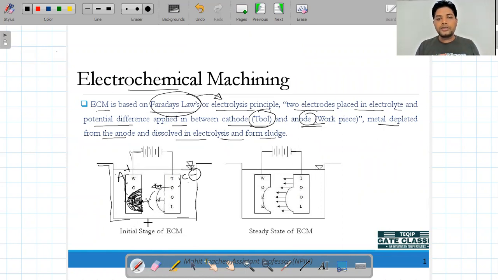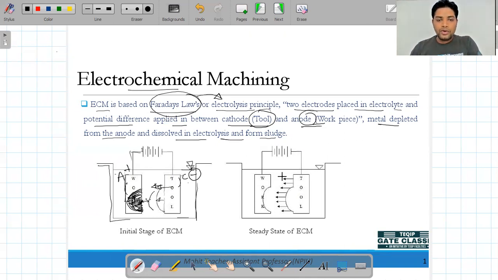Okay, as we discussed in the last video, we call it unconventional because the tool strength is very high and there is no contact between the workpiece and the tool. The material will be removed without contact between the workpiece and the tool. Here also there is no contact, only a minimum gap is required. But again, the minimum gap has some value, like 0.10 to 2 mm. That is only the range. 2 mm itself is very minute.